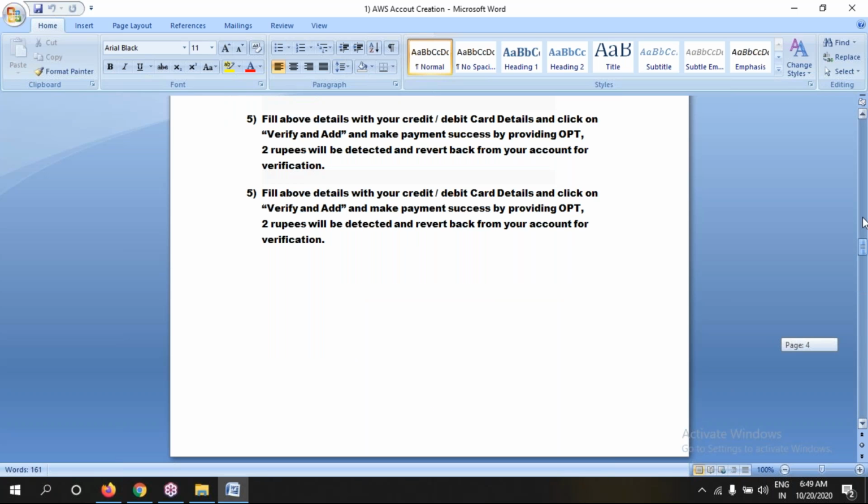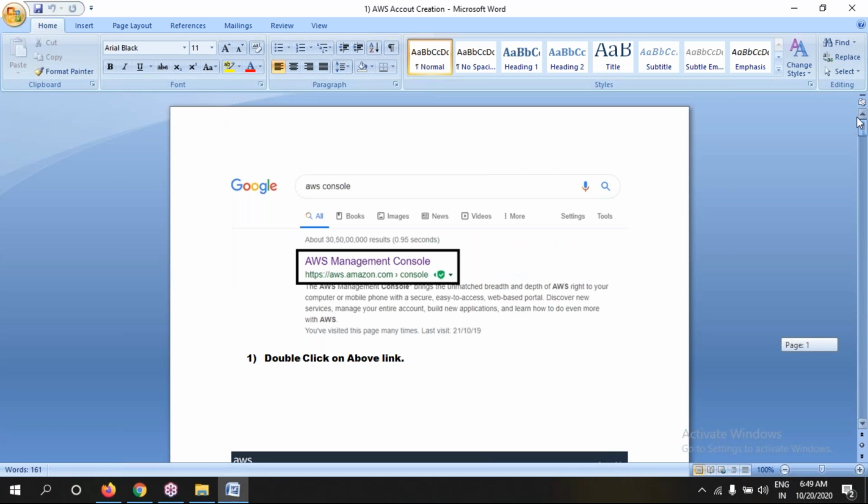Okay, I think everybody knows how to register on a website. In so many websites you register, so you sign up. I hope you can do this.